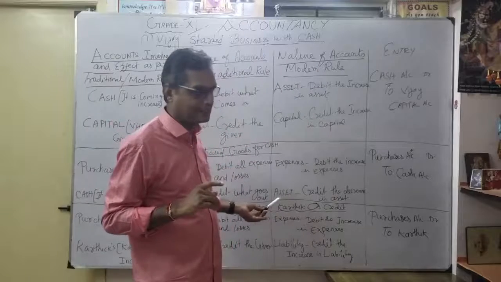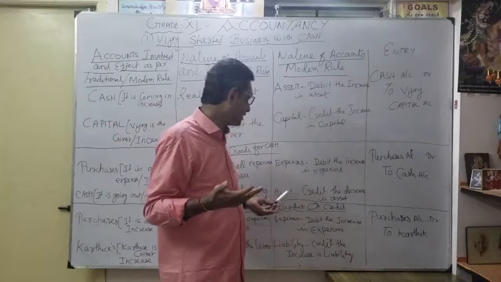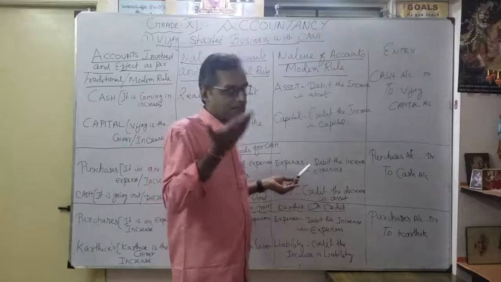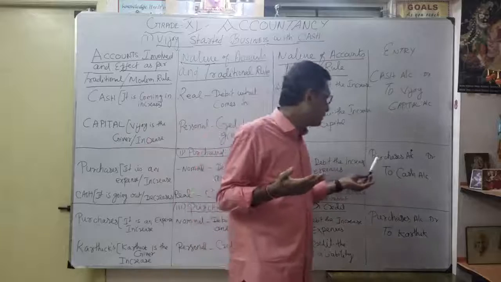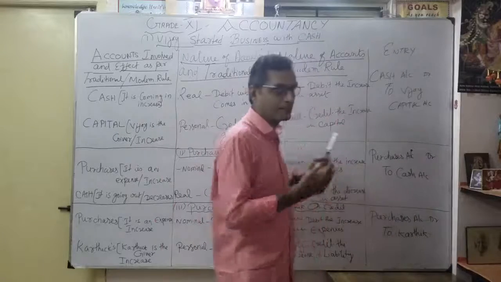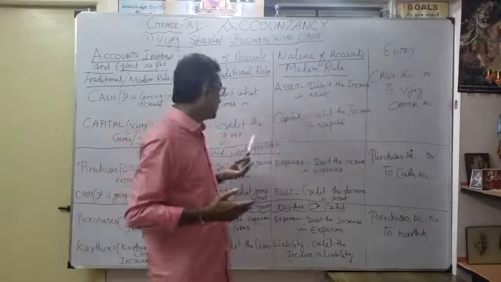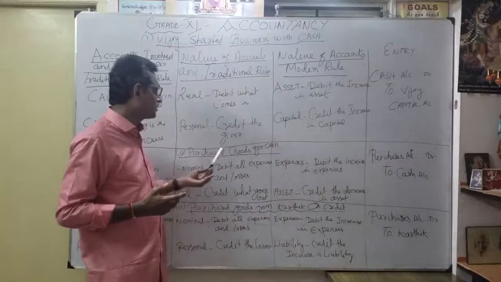Correct. What is the asset here? Again, credit. So naturally, it decreases. Cash goes out. Here, my asset decreases, my expenses increase. So what is the journal entry rule? Purchases account debit to cash account, to form the journal entry. And we compare our traditional rule and modern rule, based upon the transaction, purchase goods for cash.